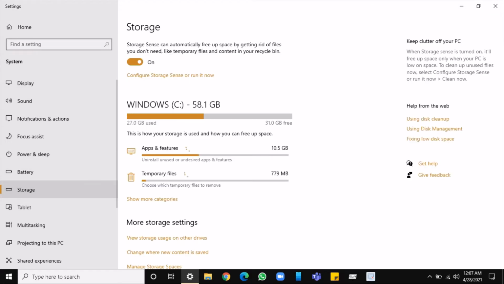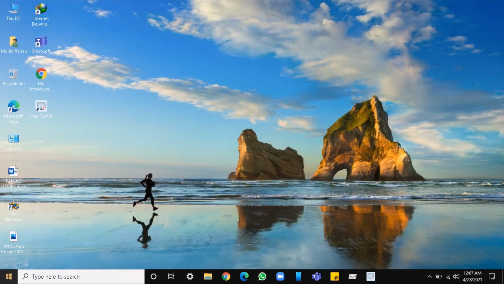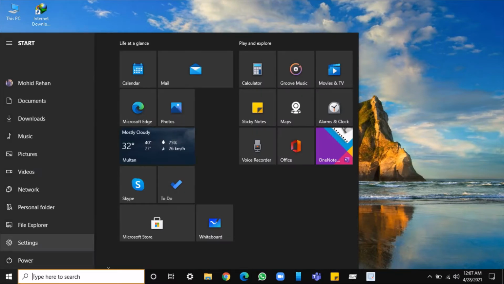And let's go into storage. The storage will tell you my drive C, my Windows drive, is 58.1 GB, and my total hard drive is 500 GB. So the main features are, in Windows 10, you can go to settings and